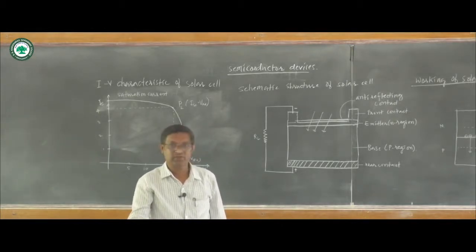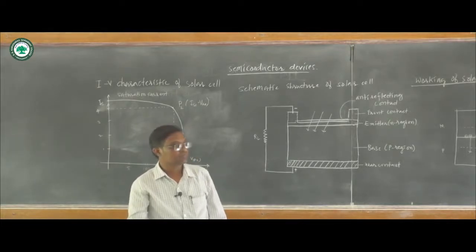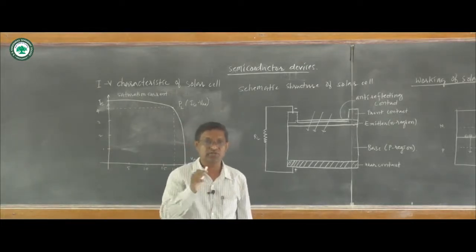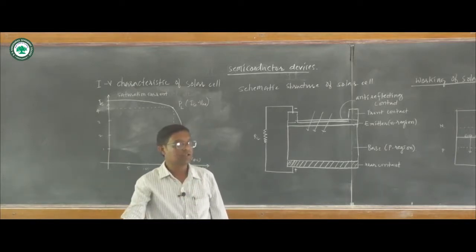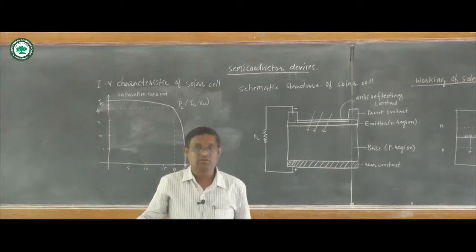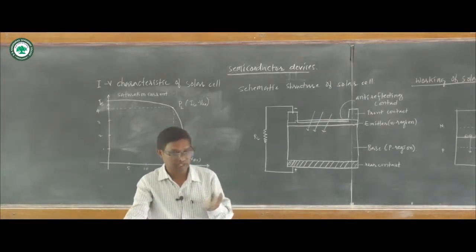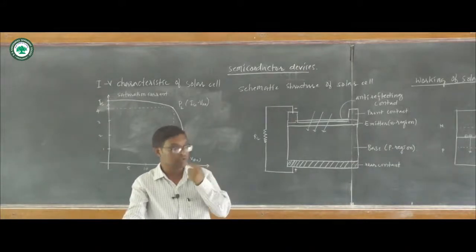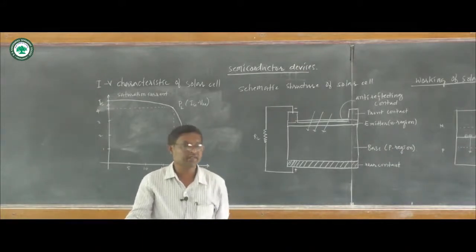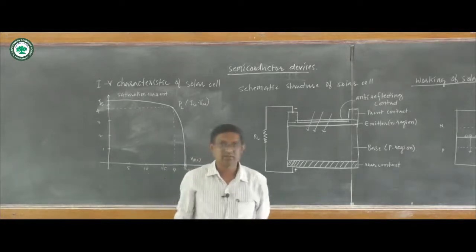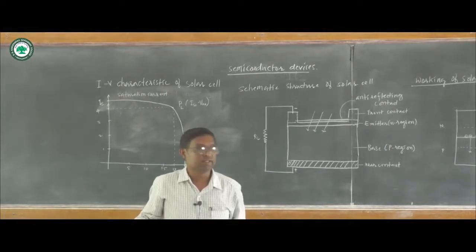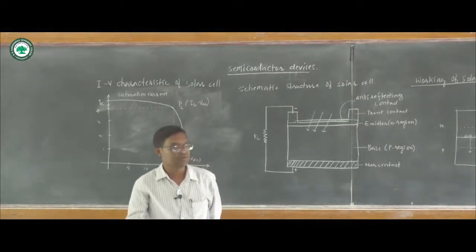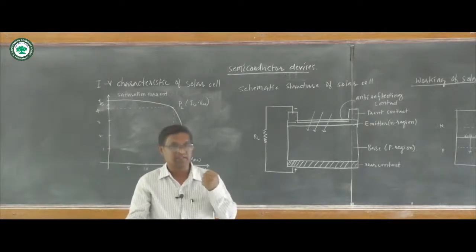We are all familiar with the uses of the solar cell. Solar cells are used in solar panels to charge batteries. We see lights which are battery operated, and to charge those batteries, we use the solar cell. Again, we use these solar cells in calculators for the power supply. Even these solar cells are used to charge batteries where there is scarcity of electricity.